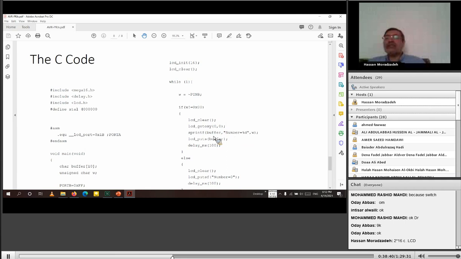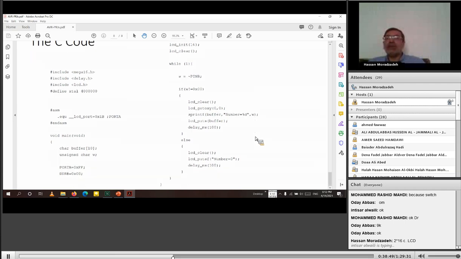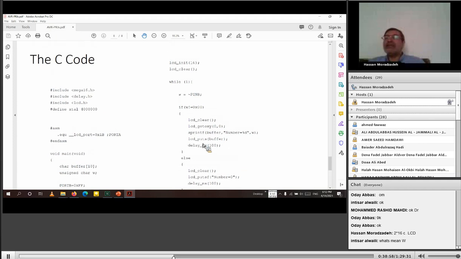Buffer, a string named buffer. Here is a string buffer, an array of 10 characters. Put these items in the string named buffer. "Number is %d", where percent d means decimal. Decimal means the format of a variable is decimal, and this is that variable. After it, the buffer is filled with "number is"